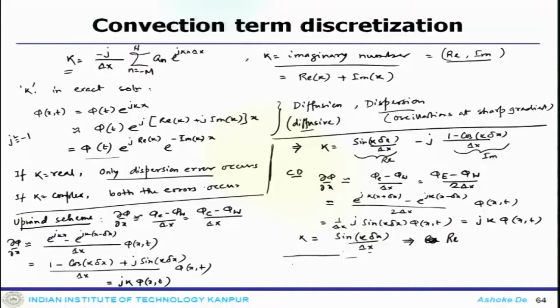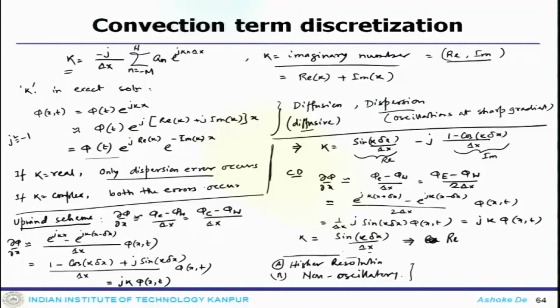So, we need two important properties: number one, higher resolution, and second, non-oscillation, non-oscillatory. That will lead to a different class of resolution schemes, and we will discuss that